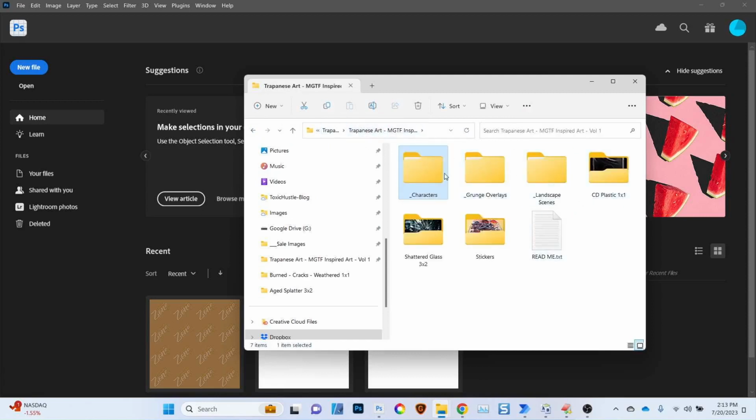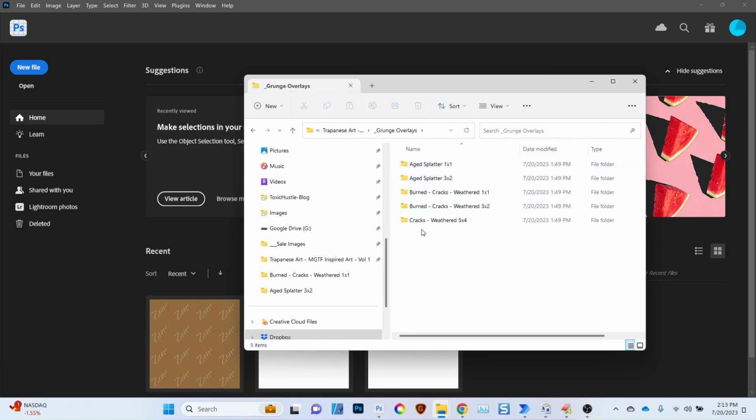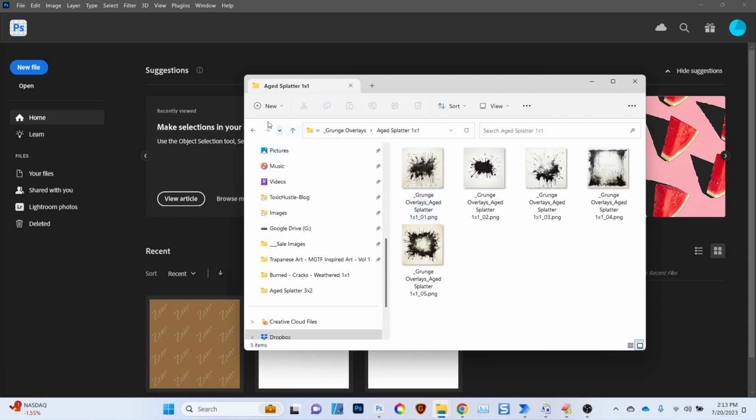Also, let's see. So we went through the characters, went through landscapes, grunge overlays. You've got 5 different sets in here: age, splatter, splatter. These are 1 by 1, so they're squared. 3 by 2, so they're rectangular. Same here. You've got cracks. So here's your splatter, your age splatters,